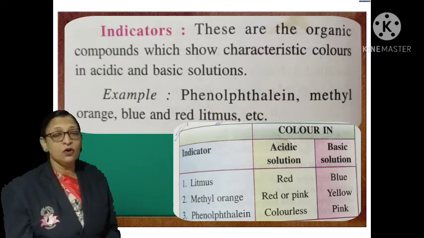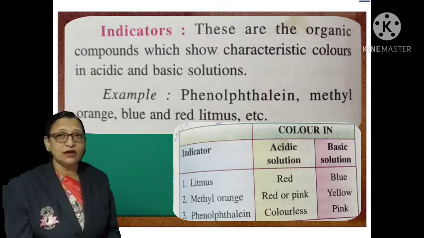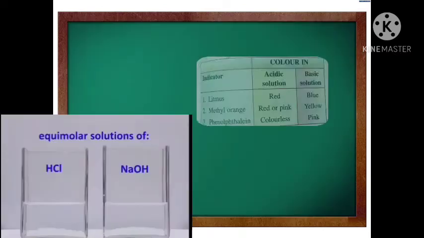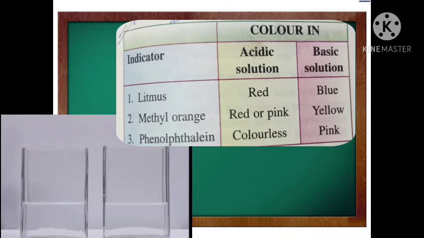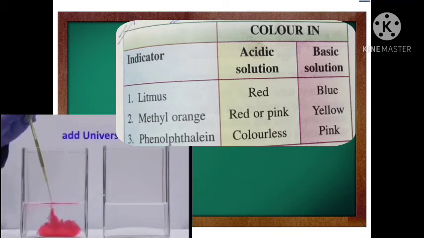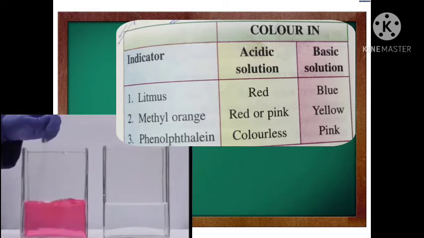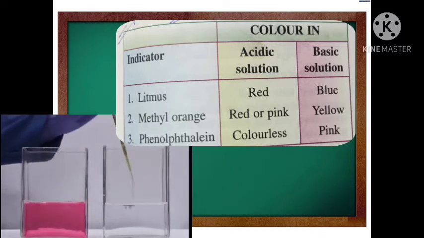This explains to us that a chemical reaction took place and a new substance, that is new salt and water, is formed. So here we go to see the different indicators and their color changes. Let us study how the indicators change the colors of acids and bases. The first indicator is litmus. When litmus solution is added to an acid, it changes to red color, while on adding litmus solution to a base it changes to purple blue color.